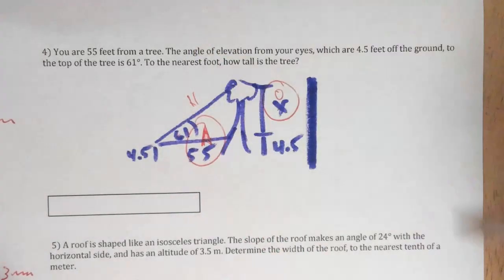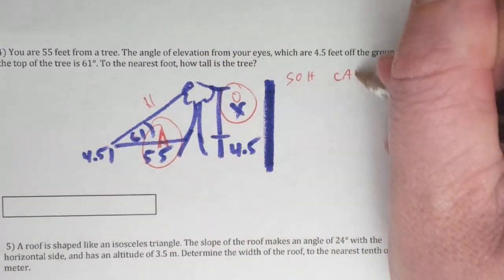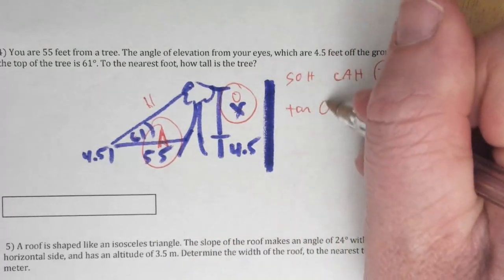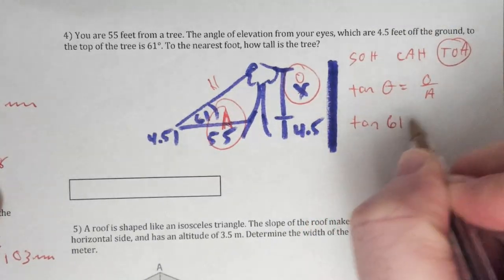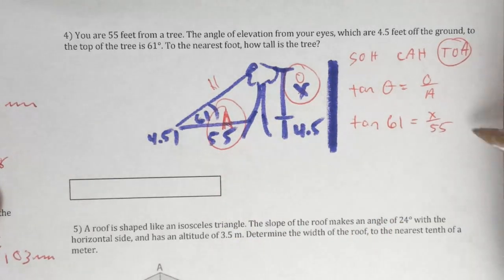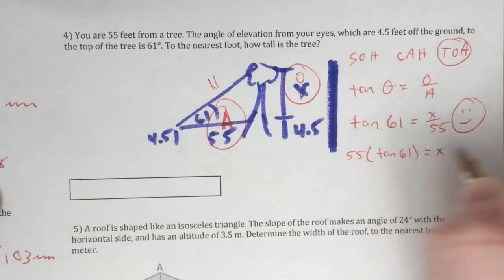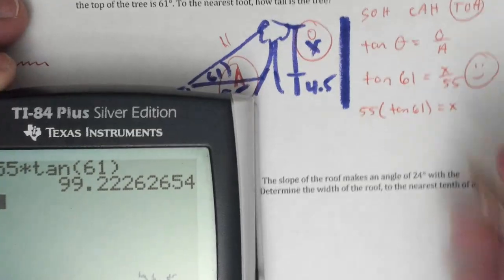So we have SOH CAH TOA. That's a and o, which is TOA. So tan of theta equals o over a. Tan of 61 equals o, which is x, over a, which is 55. x is on the top, so we're happy, and we're going to multiply. It's going to be 55 times tan of 61. If I put that in my calculator, I get